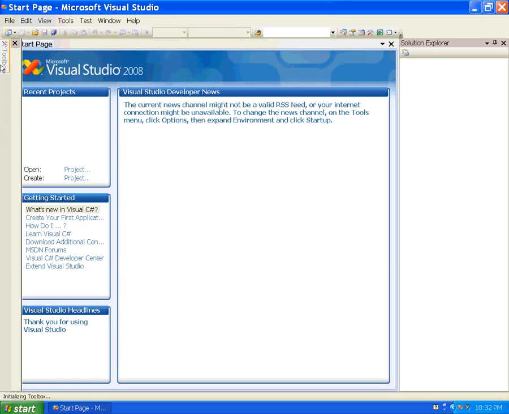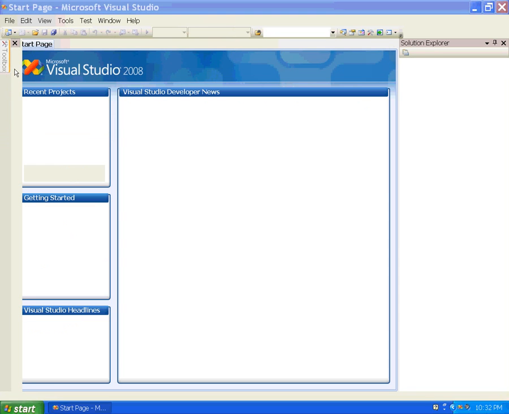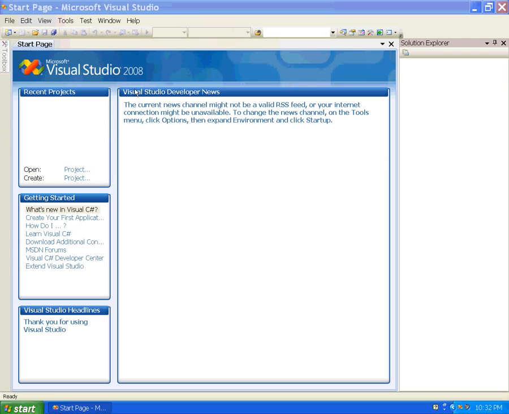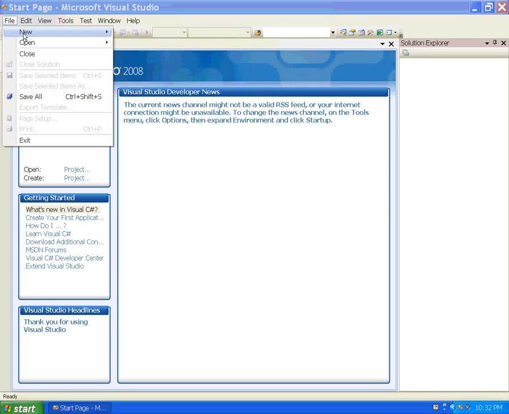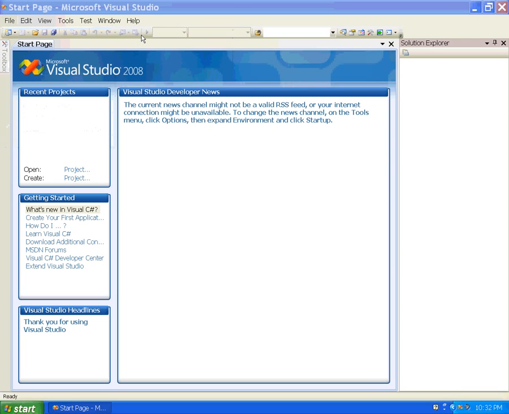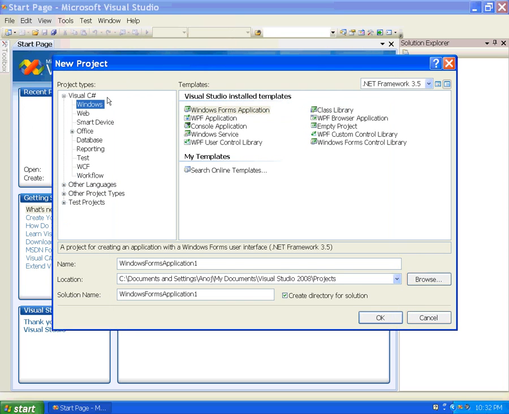Another important part of Visual Studio is the toolbox. This is the toolbox. To know more before the toolbox, we create a project. So File, New, and Project. Here is the project type. Which types of project we want to develop. If we use the C# language, then we select Windows-based application, web-based application, and smart device application.